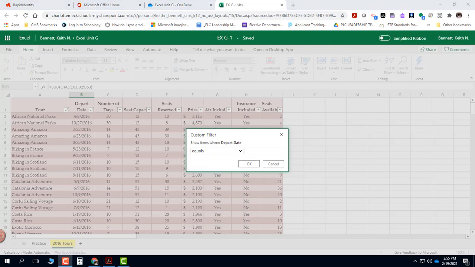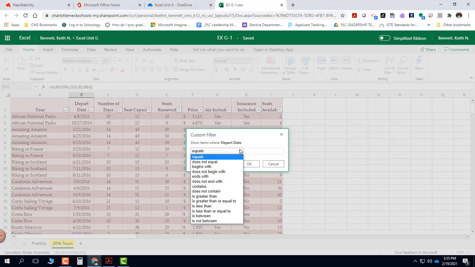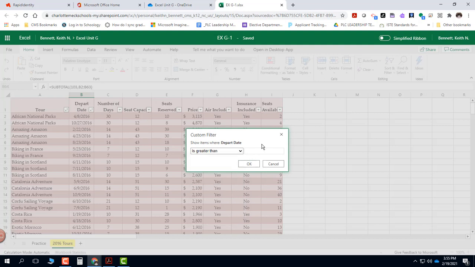Now because we're using the online version of this, is after is not one of the options. Remember earlier I said all you have is ascending or descending. You don't have, for example, A to Z or greater than or less than or whatnot. So here you've got to select greater than. So we're looking for days that are greater than or after, and you have to put in the date